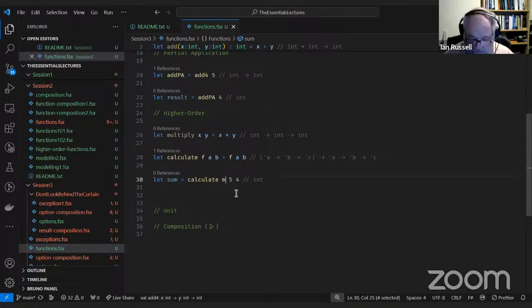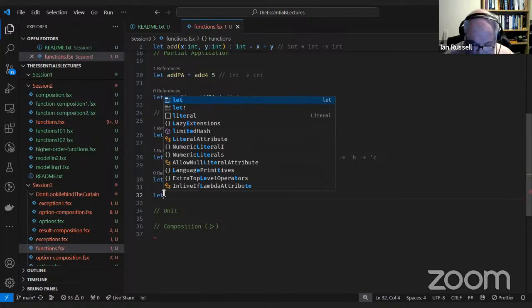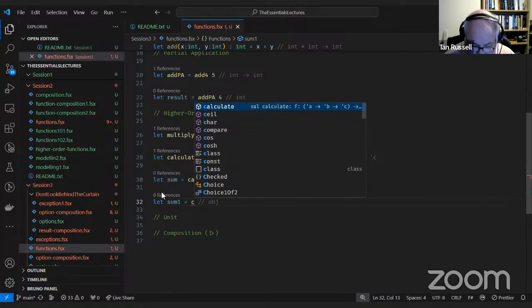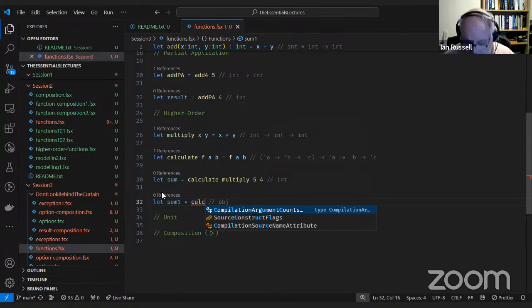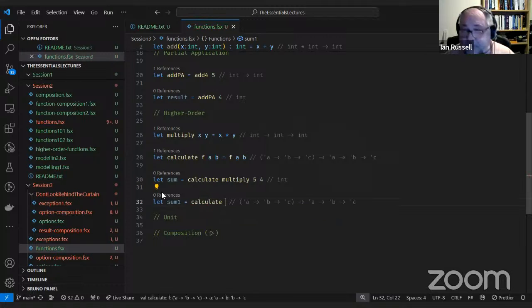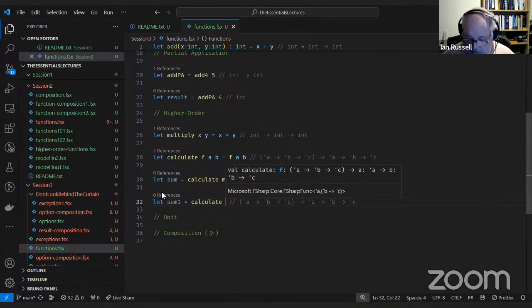I can put that in there as well, exactly the same. What I can also do is, instead of using a named function, create a function directly in here.